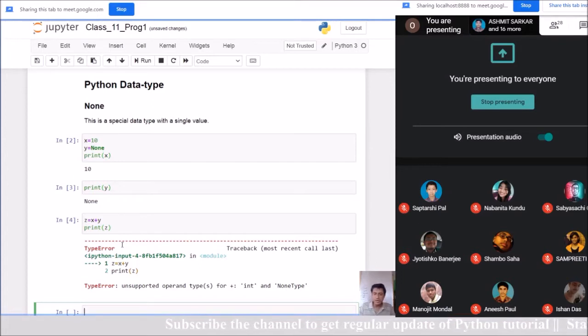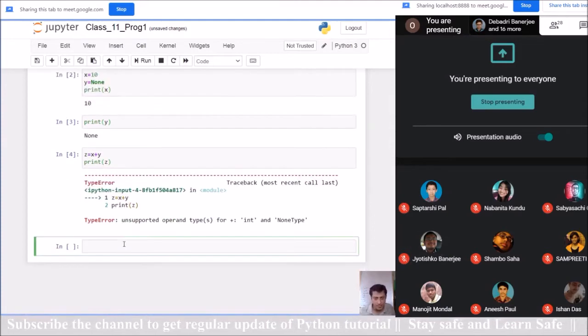You can almost compare it with the concept of null, for those who have done it earlier. Sir, does it not acquire an address also? It is acquiring an address, but with nothing. I am coming to that concept.